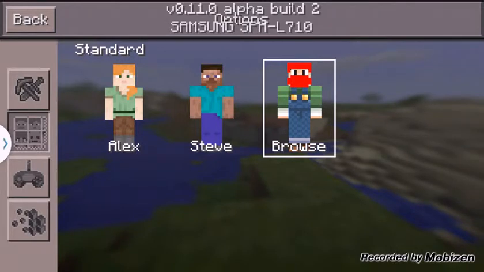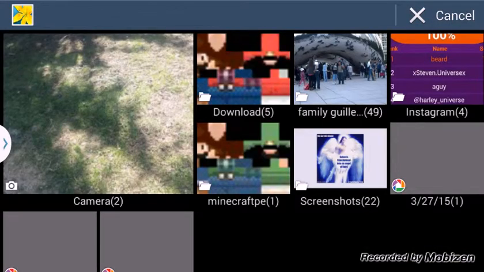Yeah, it should glitch, but that's okay. It won't mess up anything. Go to the download file. And then you should look for skin. Like if you downloaded Mario, it should be this one. If you downloaded this guy, it should be this one. Download Villager, should be this one. If you download Luigi, it should be this one. And if you download Finn, the human, it should be this one.